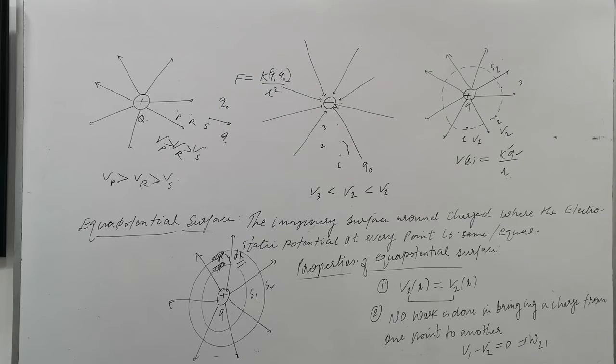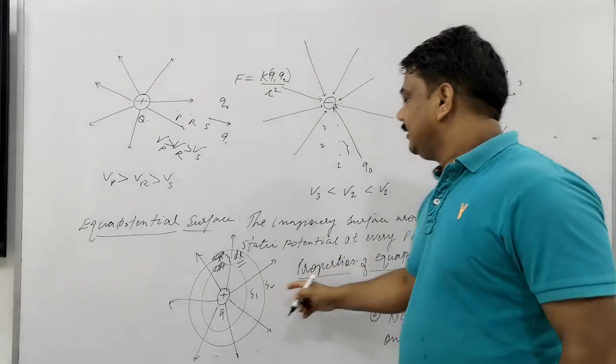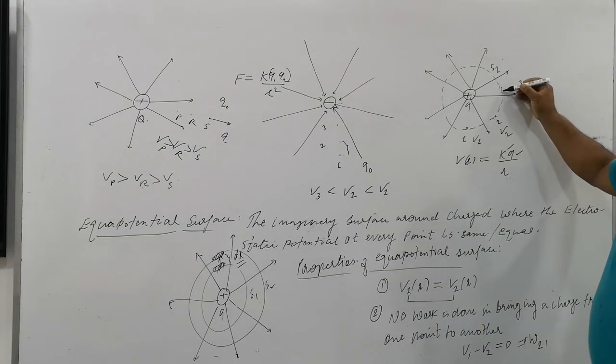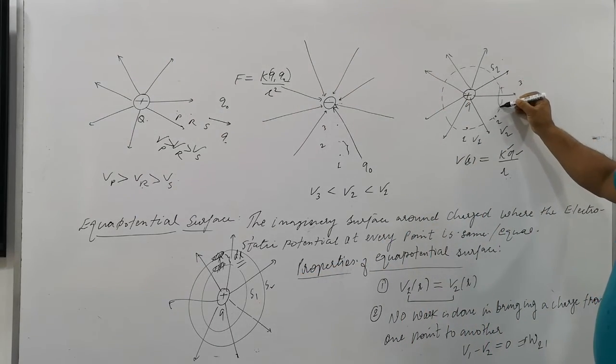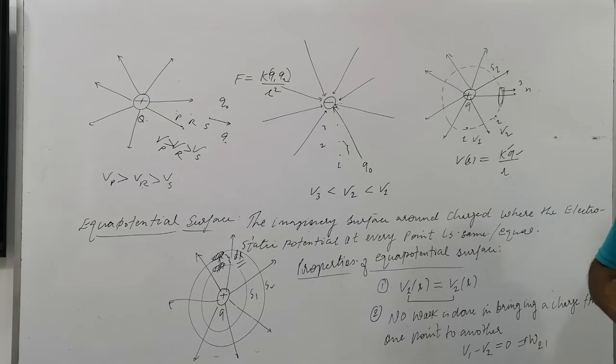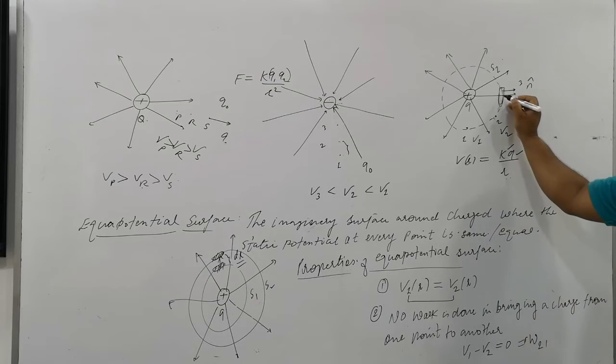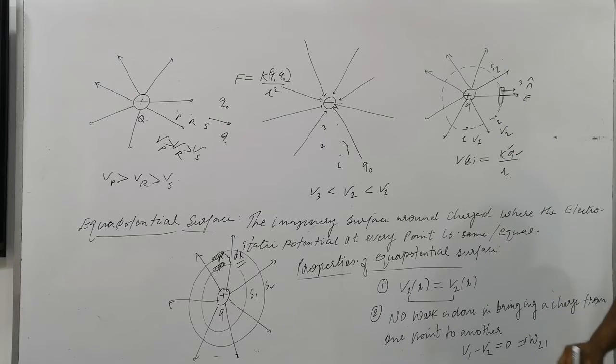This is the characteristic property. How will you draw the field line? The field line is to be drawn just like that. Look, please. If there is a surface, we can imagine a spherical surface. The direction of the normal of the surface is in this direction. It's a normal unit vector. And the direction of the field is here. So they are parallel, right?